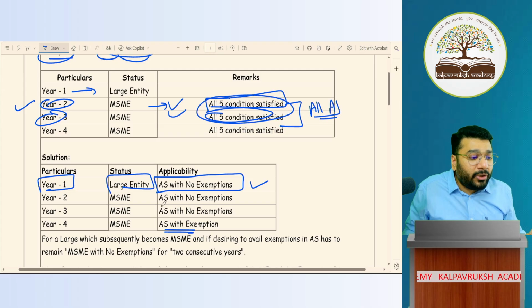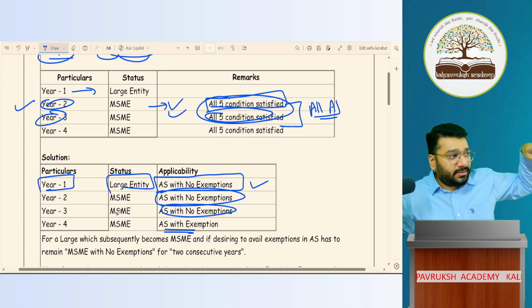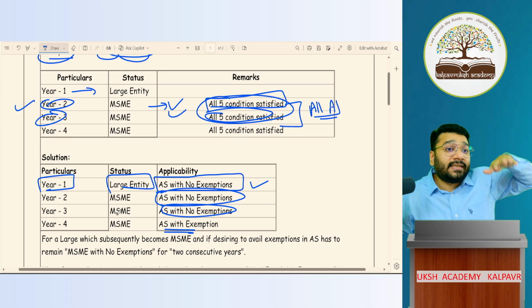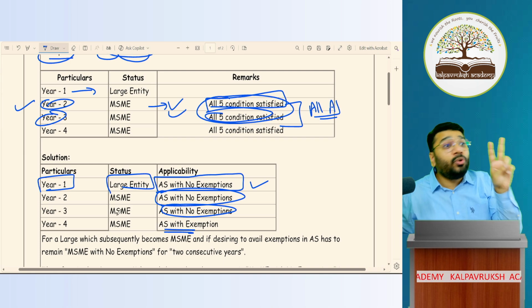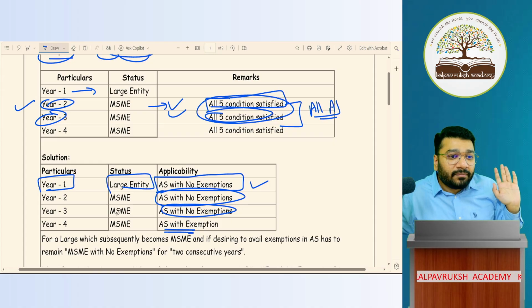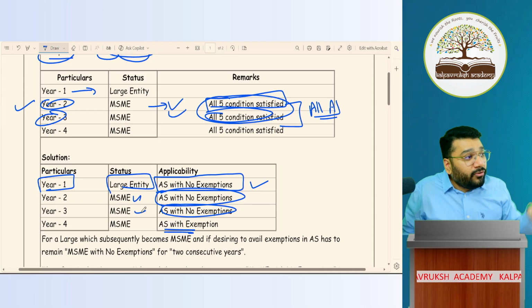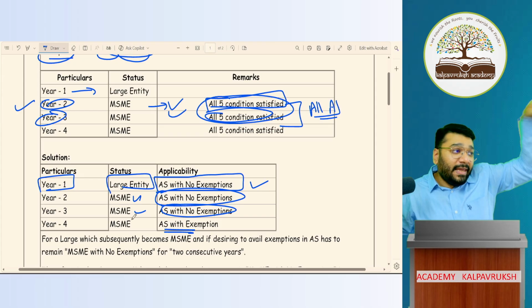All the AS has to be reported. So all AS with no exemptions. In these 2 years, the stakeholders will decide whether to travel with you or not. Accordingly, they can decide because 2 years is good enough for a person to decide. Third year onwards, you can avail exemption. But the condition is, for 2 years you have to be MSME, with all AS compliance,